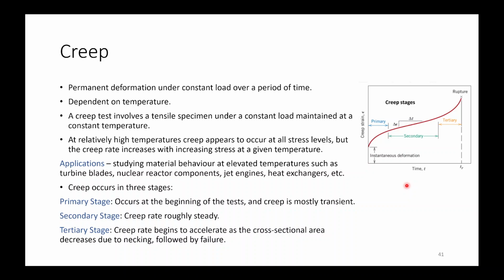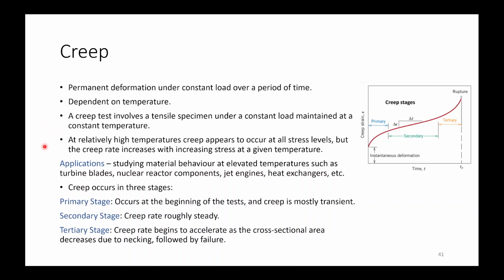Creep: this is the permanent deformation under constant load over a period of time. It is dependent on temperature. So a creep test involves a tensile specimen under a constant load maintained at a constant temperature, and at relatively